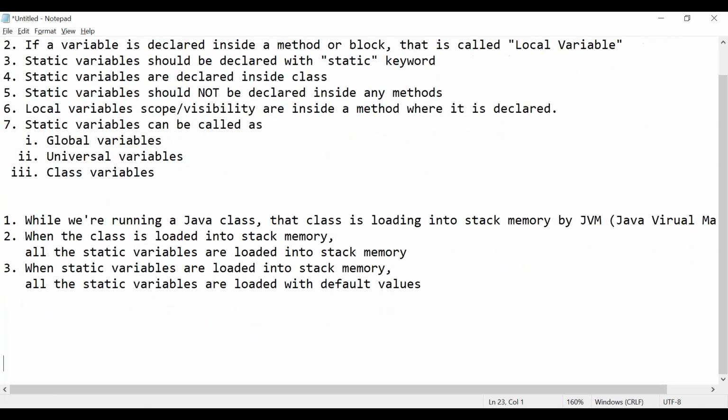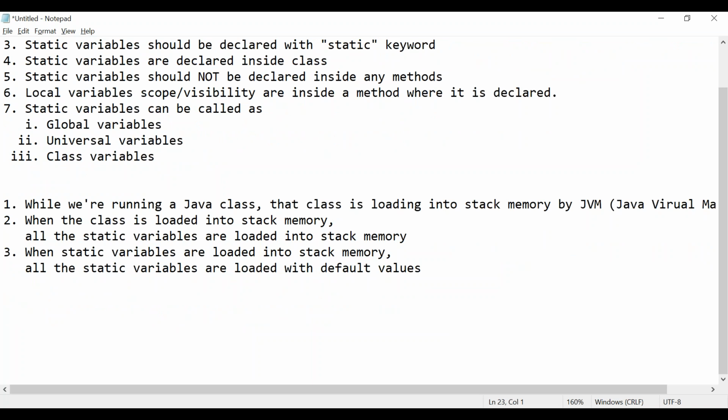So we have seen all primitive data types, right? Byte, short, int, long. These are the primitive data types, and these four are used for storing whole numbers. So the default value is 0. And what about float and double?